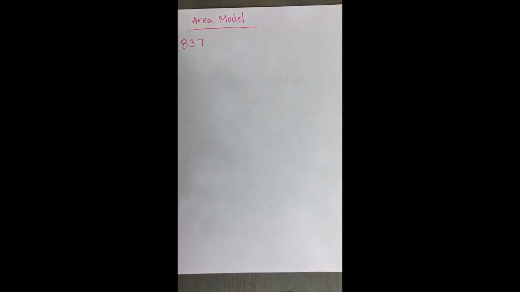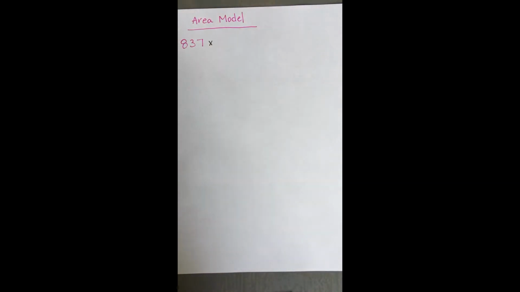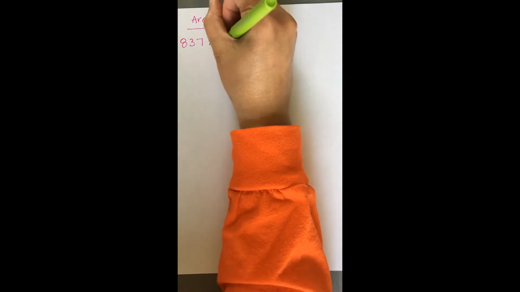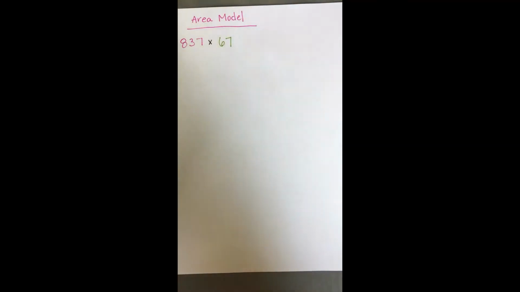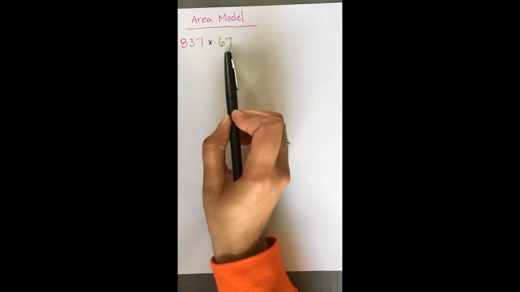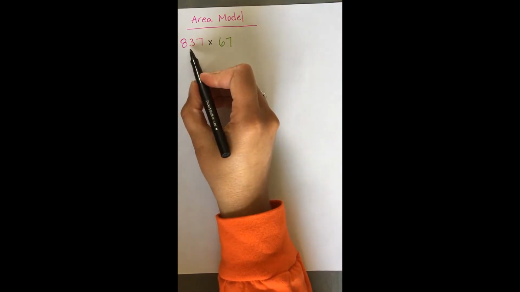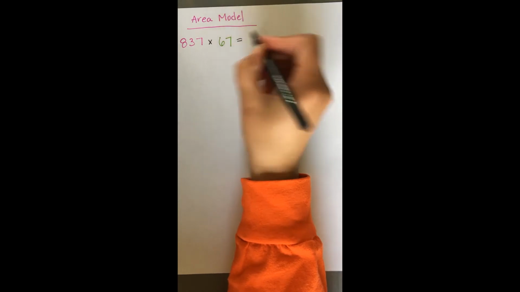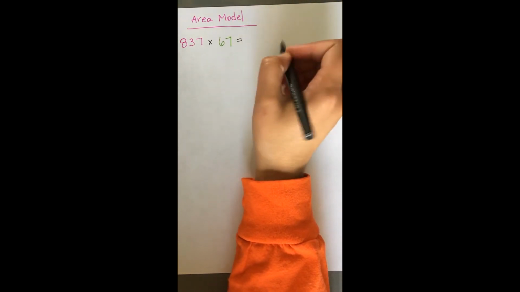So for us, it's going to be 837, and we are going to multiply it by the multiplier, which is going to be 67. So this is the multiplicand and this is the multiplier. Multiplicand is the number getting multiplied, multiplier is the number that does the multiplying, and then our answer is the